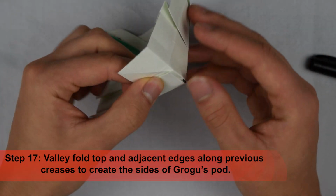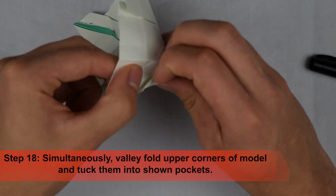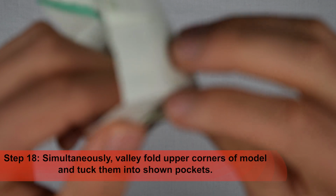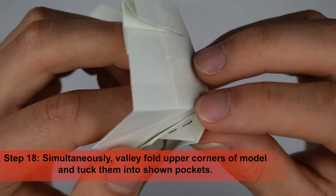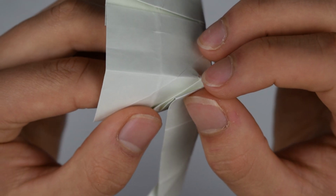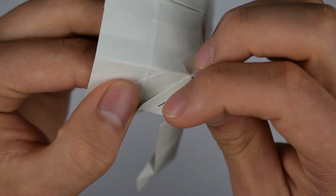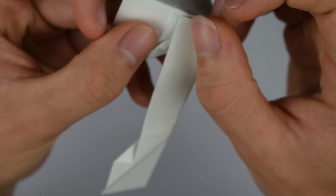Once you do that, to keep it in place, you'll notice that we have this little pocket, right? I'm gonna zoom in even more. That's as much as it'll zoom in, so I'll bring it closer. All right, let's see if it can focus. There we go, almost, yep. So once you fold this thing up, there's this little pocket right here where my thumb is that we can tuck it into. All right, so fold it up to here,